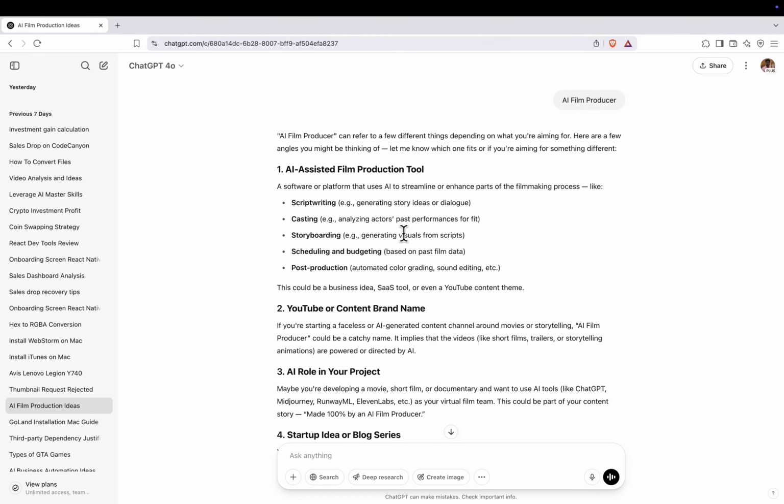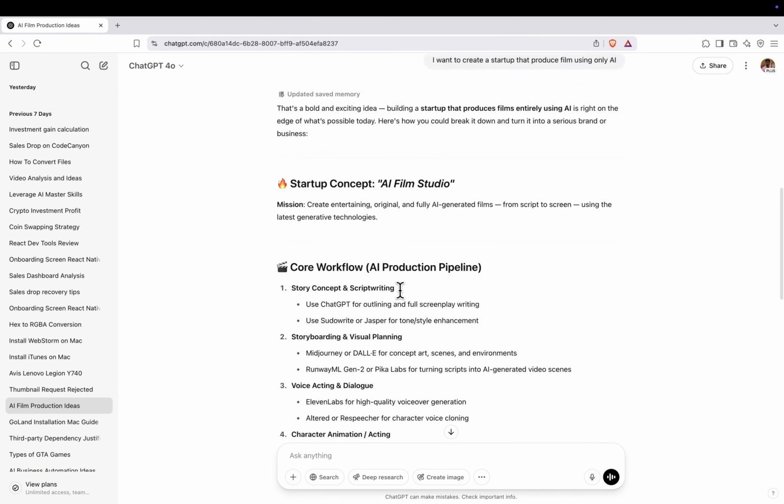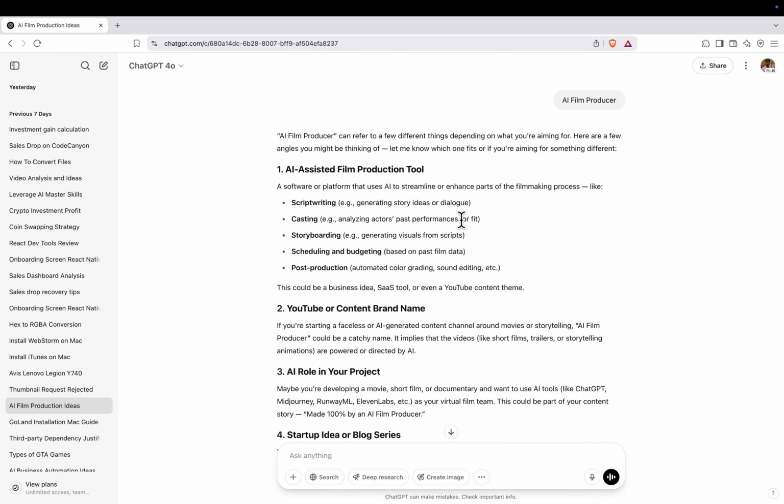Hey everyone, in this step-by-step tutorial, I'm going to show you how to easily download a ChatGPT conversation as a PDF file, whether you're using a Mac or a Windows PC. Let's get started. First, as you can see, I'm currently on ChatGPT and I want to save this conversation as